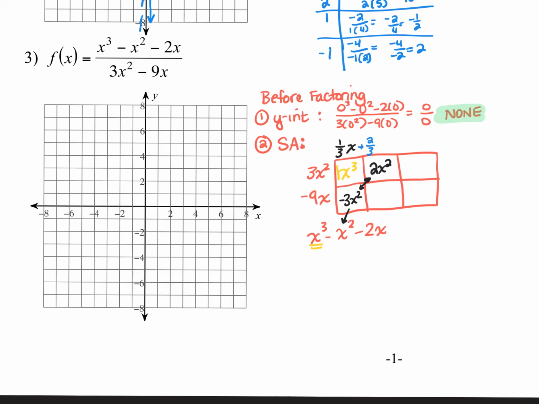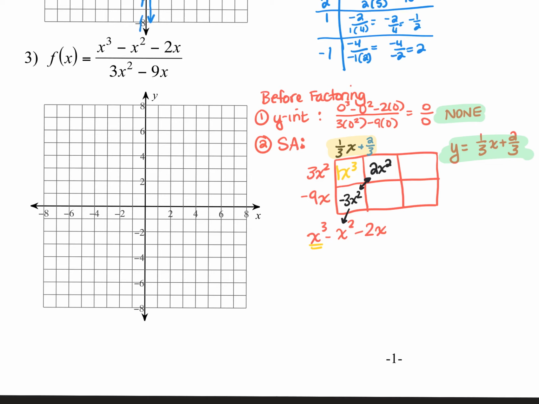When you have what looks like the equation of a line across the top of your box. And when I look at this, I see an equation of a line. So my slant asymptote is just y equals 1/3 x plus 2/3. That's my slant asymptote. Okay, I'm going to go ahead and factor, find the vertical asymptote, and I'm just going